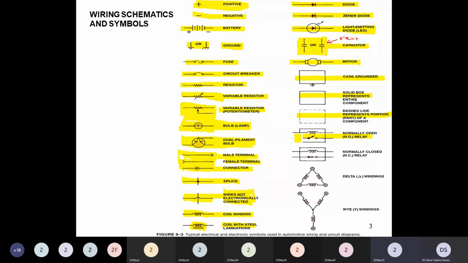So the ninth symbol and the tenth symbol, it is the same relay. One time it is open circuit and the second time it is short circuit. A relay is always controlled with the help of a coil. The coil symbol that we see in the relay controls the arrow symbol